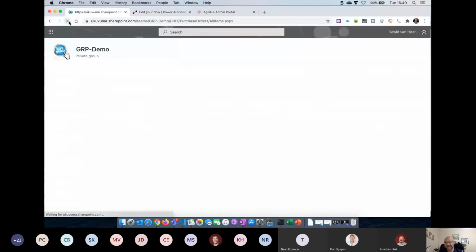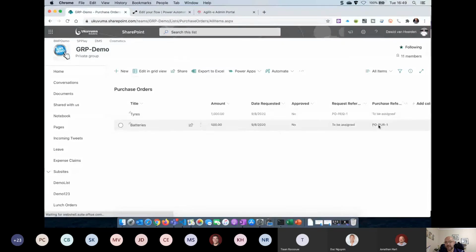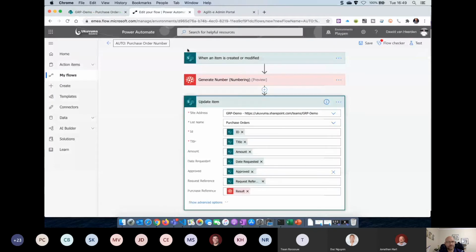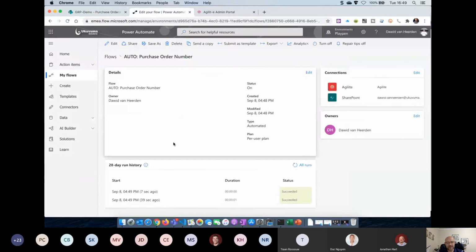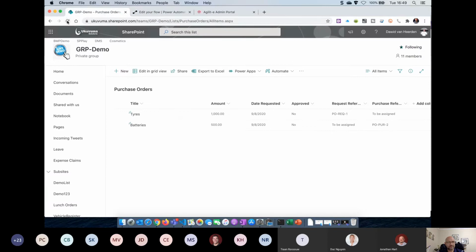It's not forgiving, right? So we'll see there we got a purchase order number, and that's 1, and it should trigger itself in a second. And the more it triggers itself, it just keeps on running into perpetuity. Well, I think actually at some stage it times out, but it takes a while for that to happen. See, now it's on purchase order number 2 already, so it's already fired it off twice, and that also happened before we approved it. So that's what we now want to use the trigger conditions for, to get more control